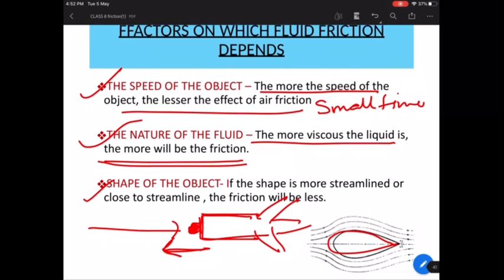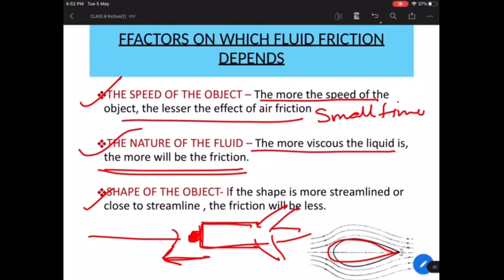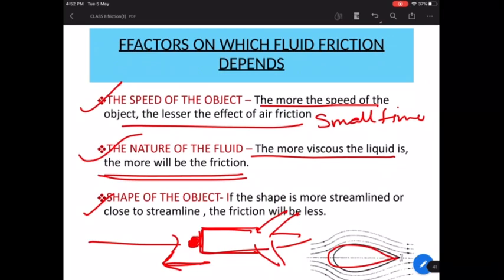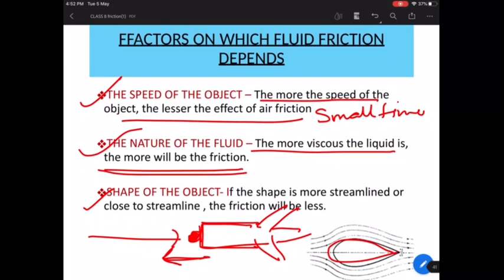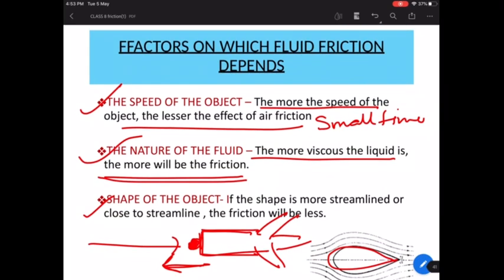Okay, Sanvi is asking, can you give me an example to support that friction leads to wastage of energy? Yes, see, suppose the very same example of your cycle. Suppose you do not oil your cycle properly, and the friction between the parts of the cycle increases. Then what is going to happen? It is going to make a lot of noise. It is going to give out a lot of heat, and then it will not work.